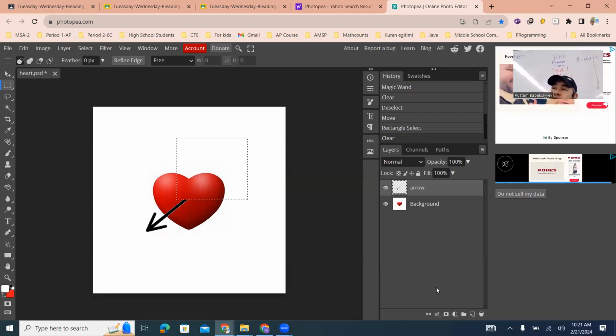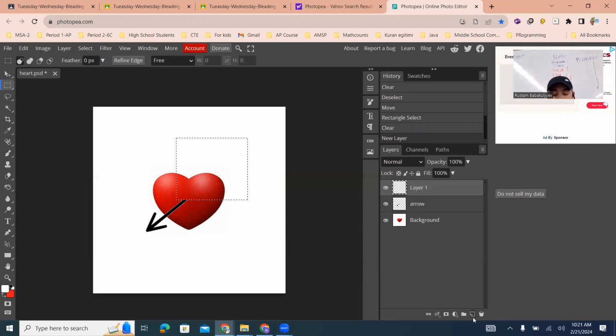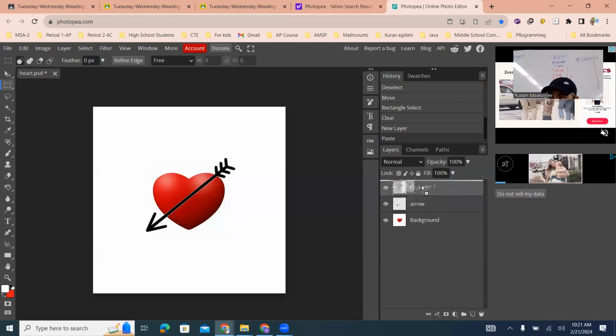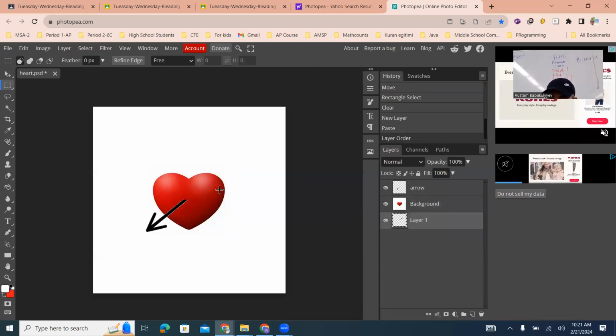And then you need to add a new layer to paste it. New layer, Control V. Now you see it is here. So this is the tip of the arrow. This is the bottom of the arrow. So if I move this layer under the heart,